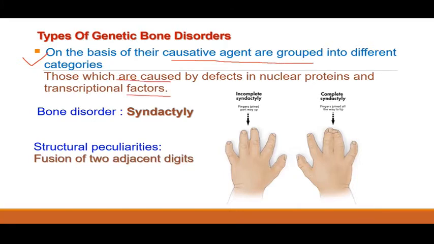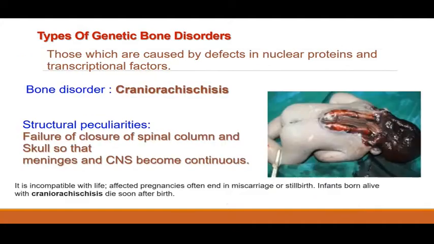So first disorder here is syndactyly, which is characterized by fusion of two adjacent digits. It is caused by the gene mutation in homeobox 13, HOXD13 coded transcription factor. Second bone disorder in this category is